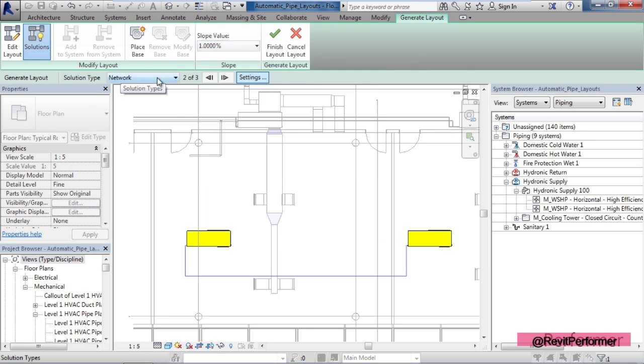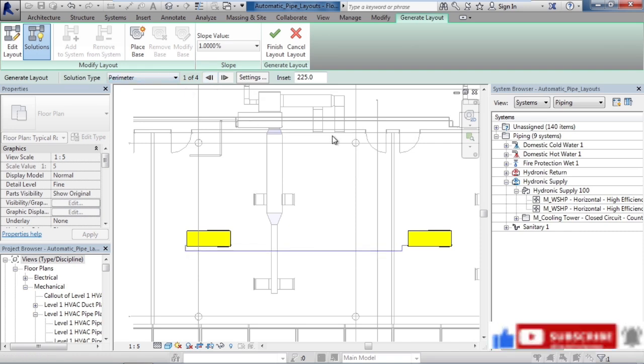You can also change the solution type to perimeter and intersections. Again, changing these will give me different options. So for perimeter, I have a value that I can set. They'll actually route the pipes based on these values. And again, I have different options of what I'll be given or presented with based on what I want to choose.